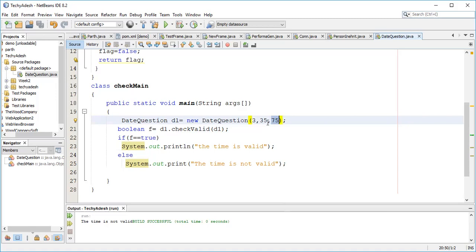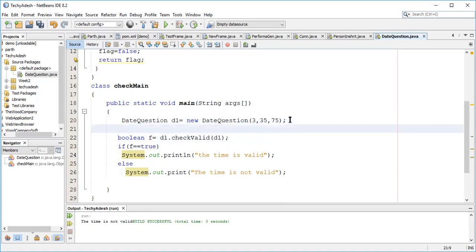Now another question is, let me create another object as well, right? This is another object d2, and let me change the values, suppose 55 and let's say 65, right?